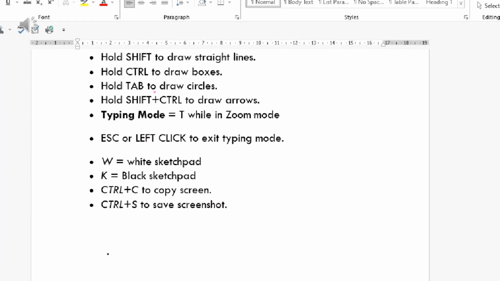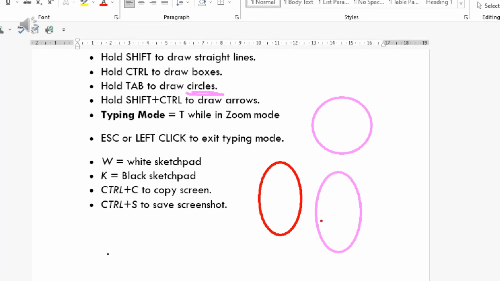And again after that, if you want to draw circles, then you can use the tab button. Press the tab button down and then use your mouse to drag a circle or ellipse. And suppose I want to draw the circles in red color, press R and then press the tab button down and then use your mouse to draw the circles wherever you want, like this.